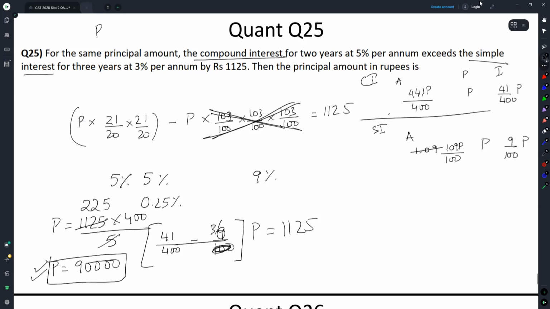I would have done it in round 2 because I saw this, and most likely I would have marked the wrong answer. But yeah, p equal to 90,000. The question is straightforward. Me being in a different mental space, I read it as compound interest in both these cases. Nobody else read it as compound interest in both. I was the only one to make this error.